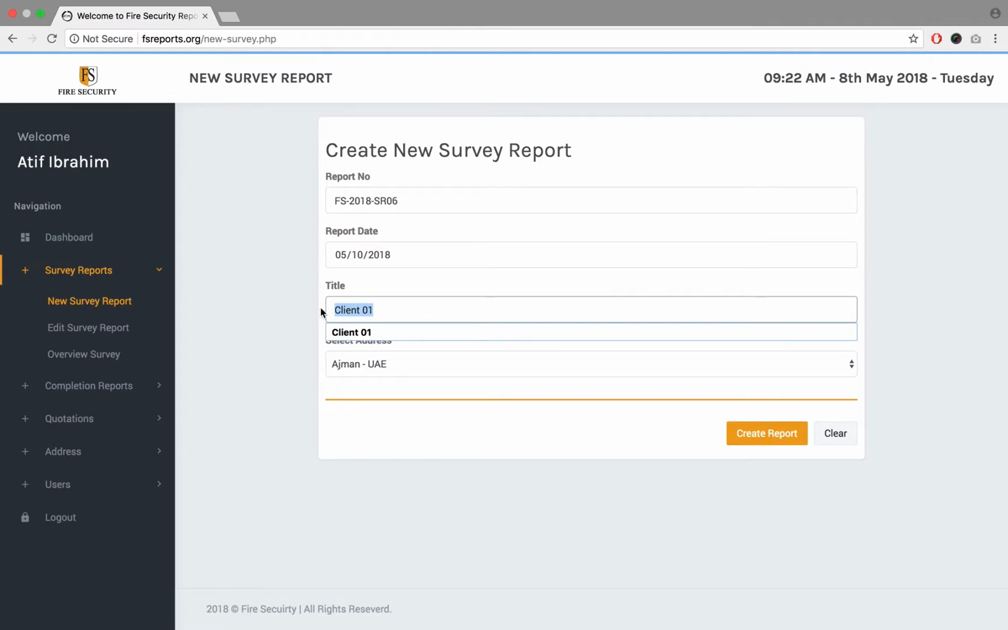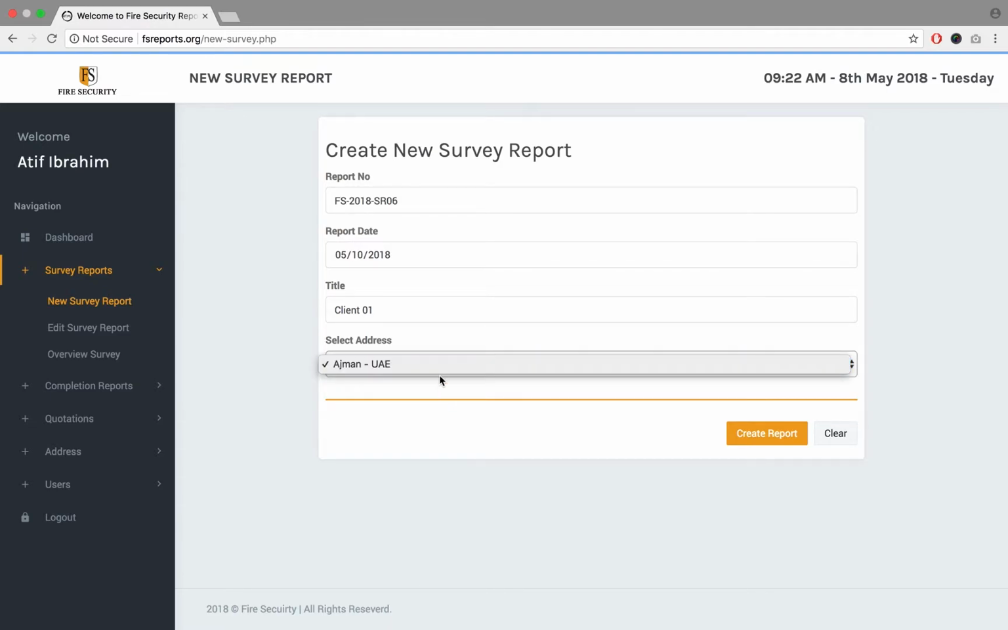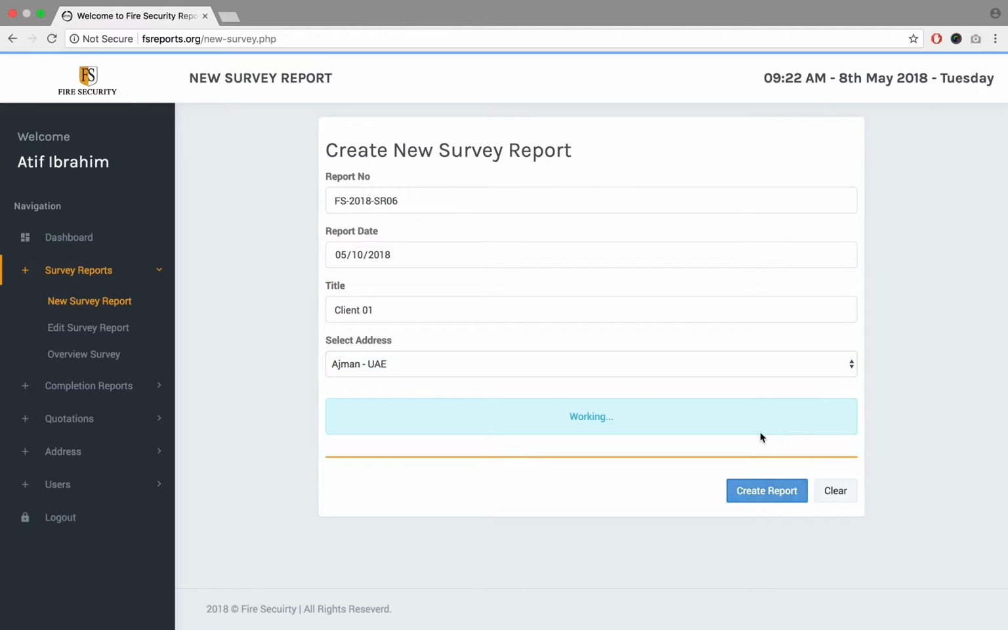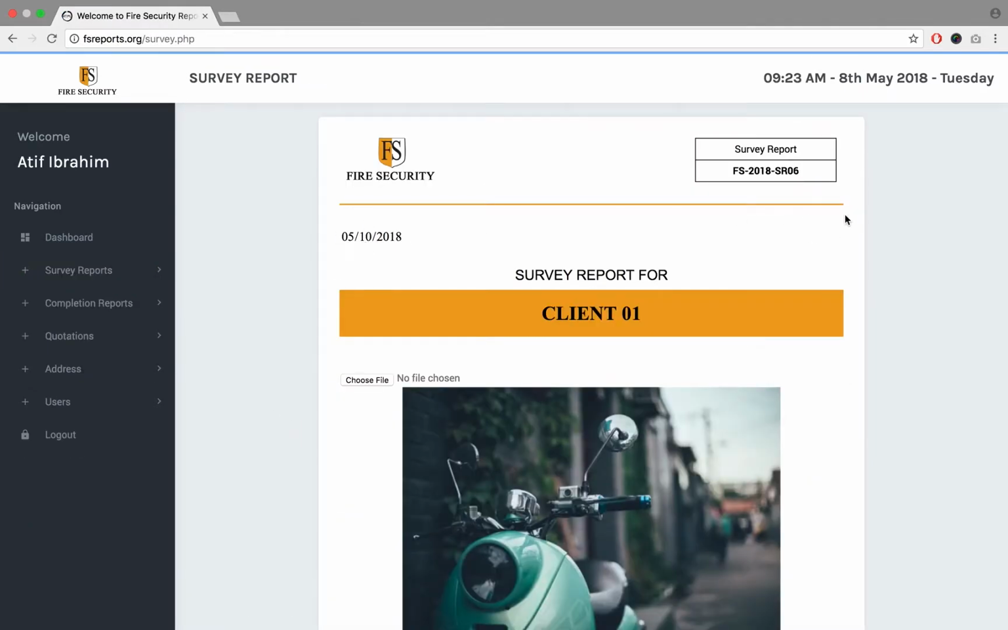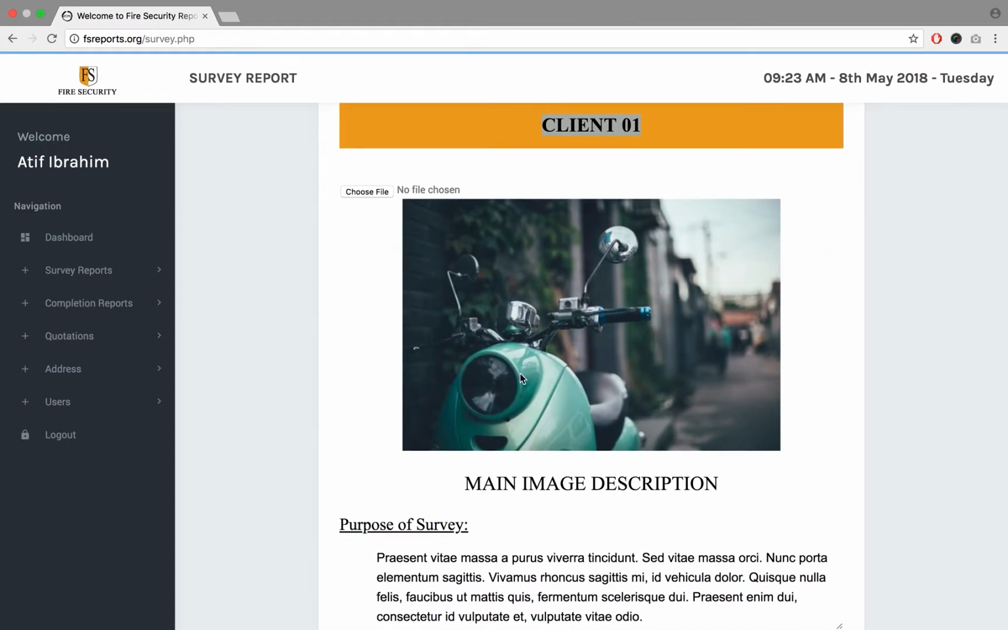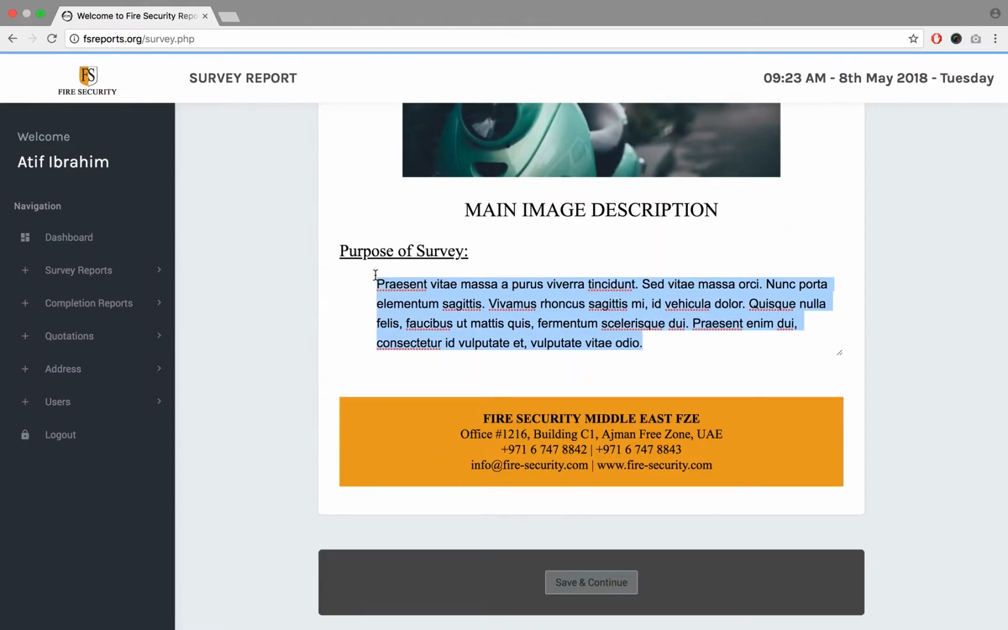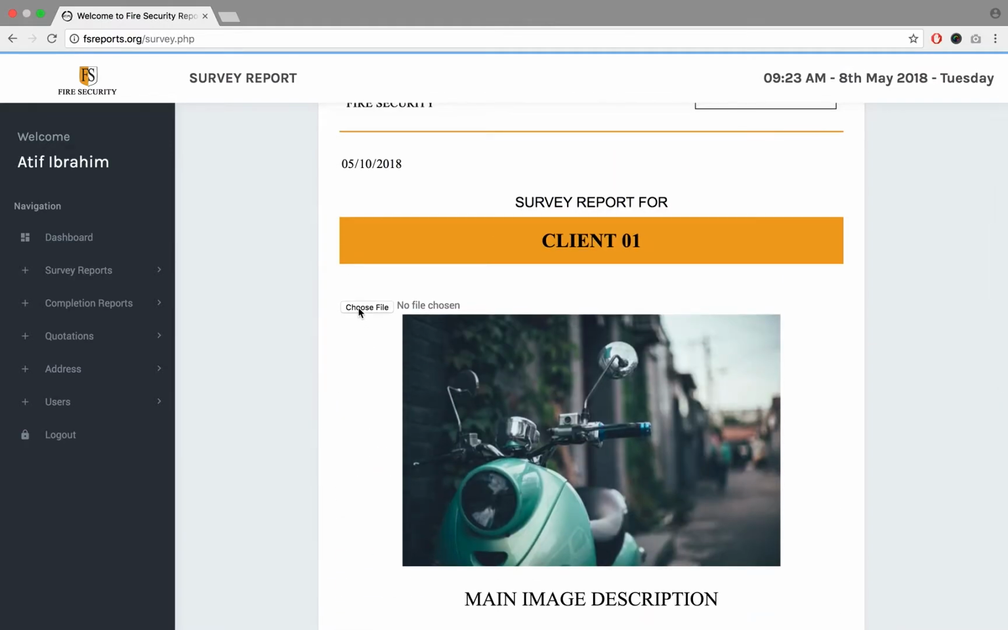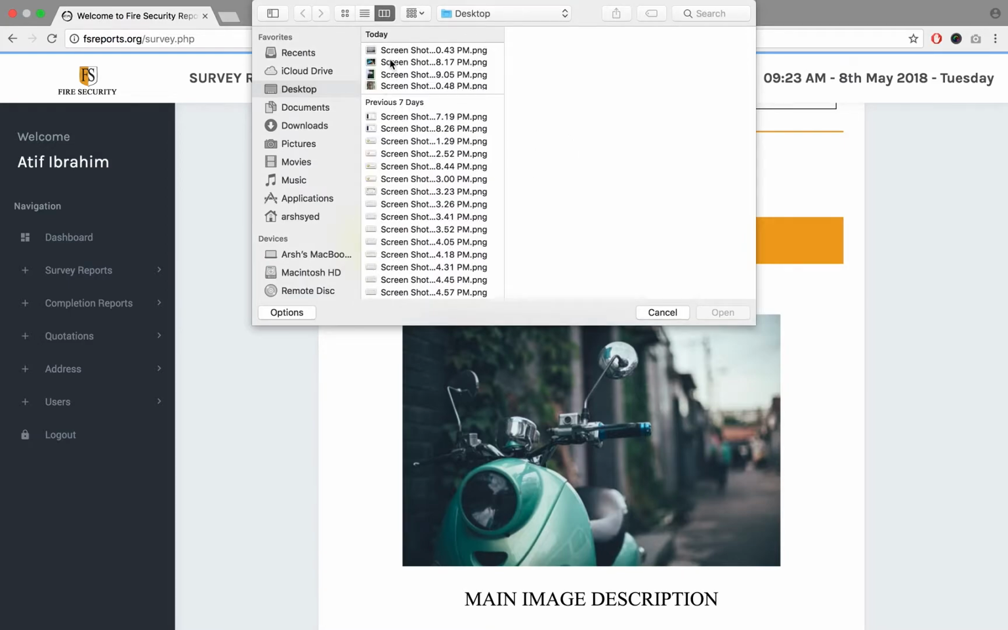This title will appear on the first page of the survey report. Then you can select your addresses here. I select fire security Ajman address, create report. Then now we are on the first page where it shows you the date, the client one name, and the image